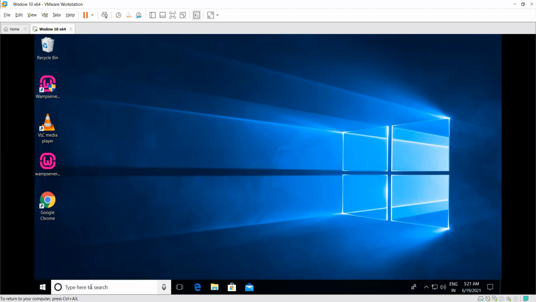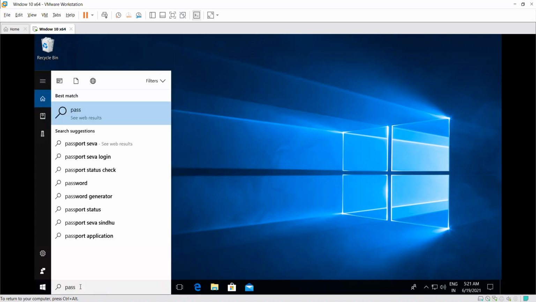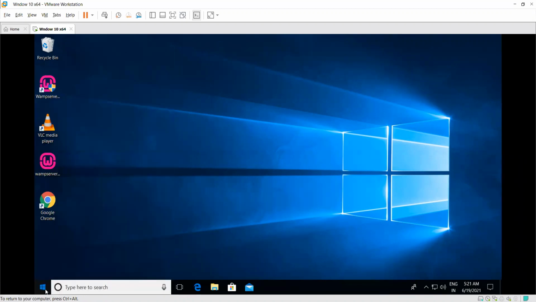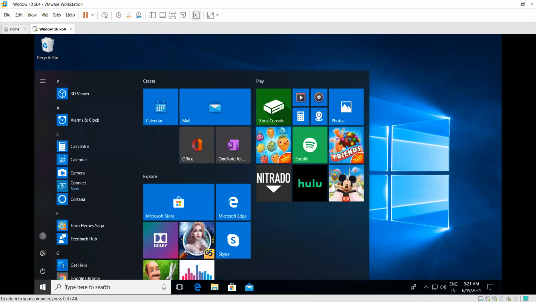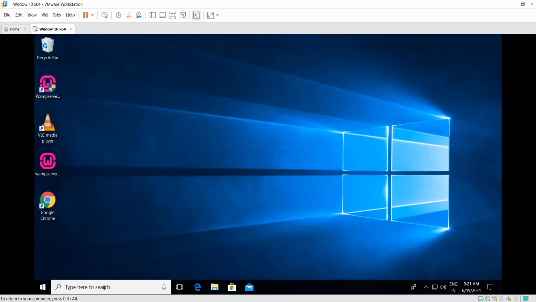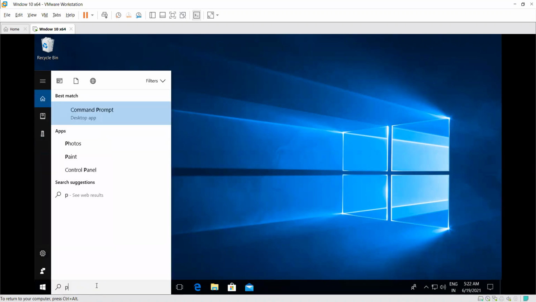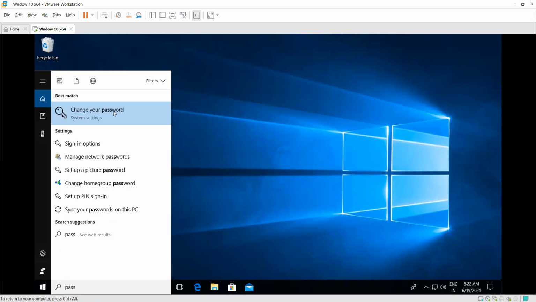If you want to do it, just type password into the search bar. Now you can see here the option Change your password. Just click on this option.